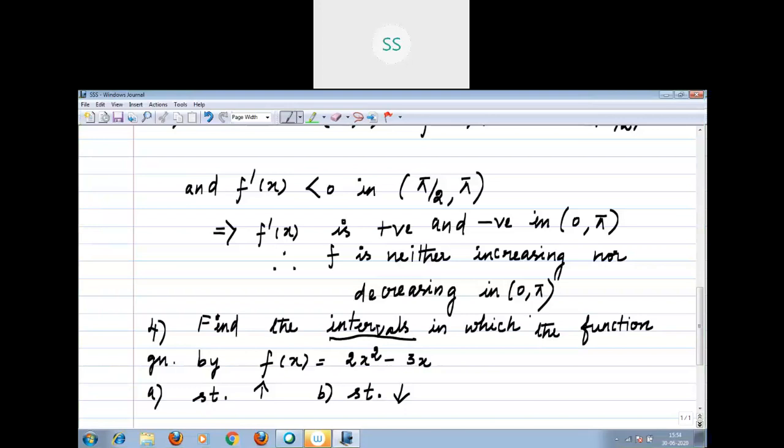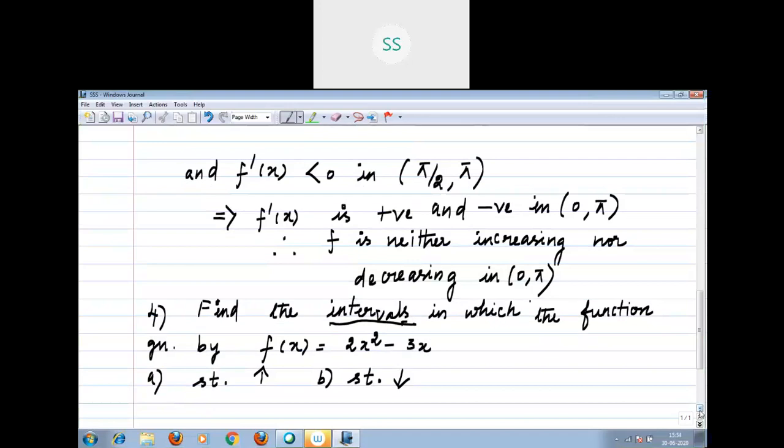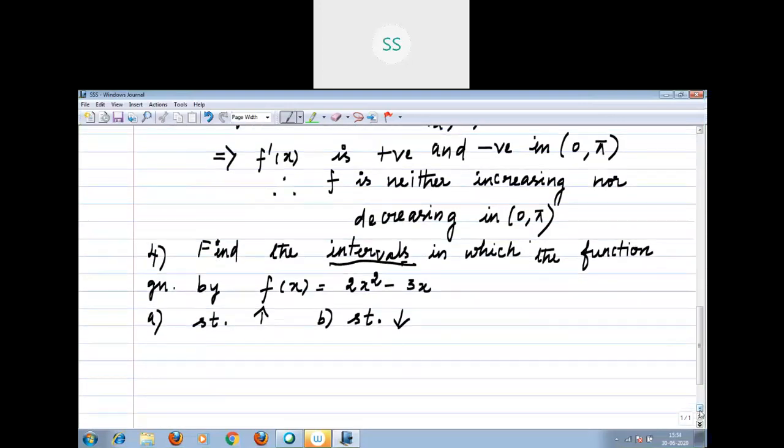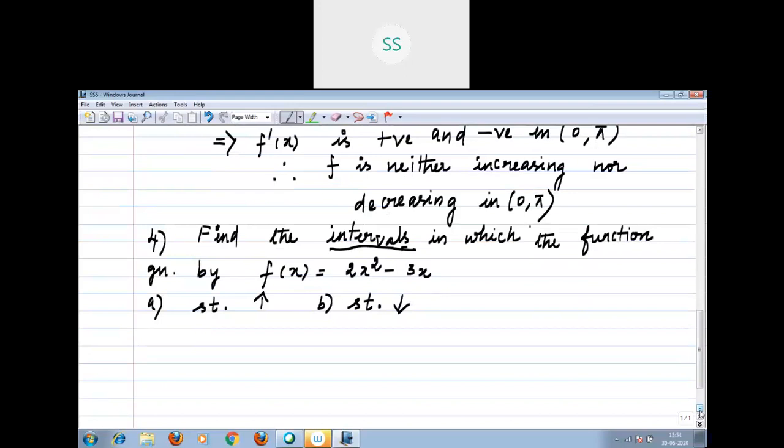Again I repeat, whether it is strictly increasing or decreasing, you have no issue. You have to find out only the derivative alone. When you see the words find the intervals in the question, you have to equate the derivative with 0. The same procedure, I am going to give you the solution, see. Again I recall, strictly increasing means derivative should be greater than 0. Strictly decreasing means derivative should be less than 0. Here what is your function given? 2x square minus 3x, right? Function f of x equal to